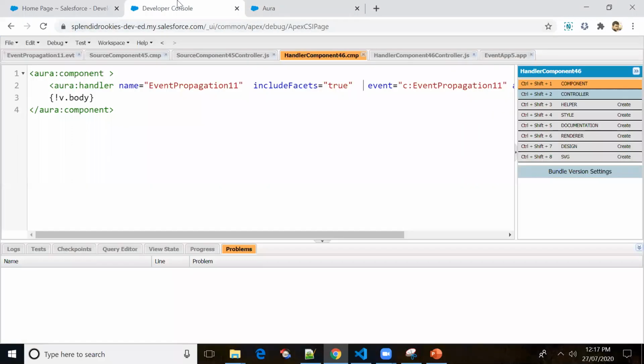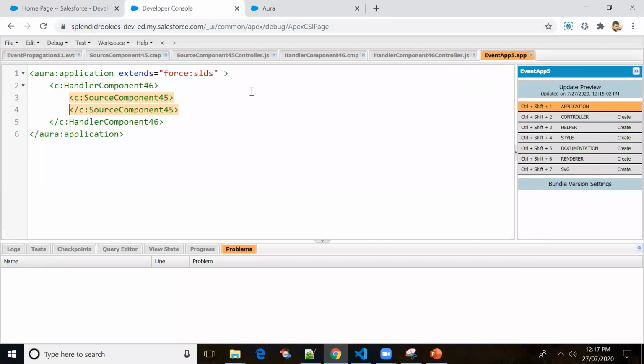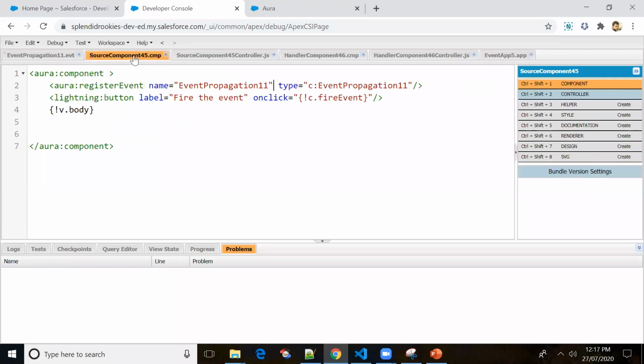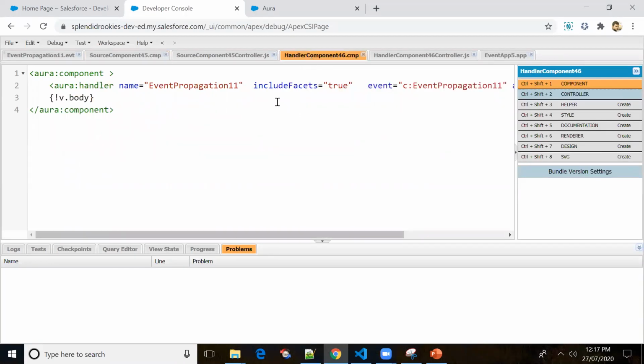So if you include the component like this, we will not be able to get the notification from the source component, and we won't get the component body either. If we want to get the component body, then we have to use v.body. And if you don't include facets equal to true, what happens?